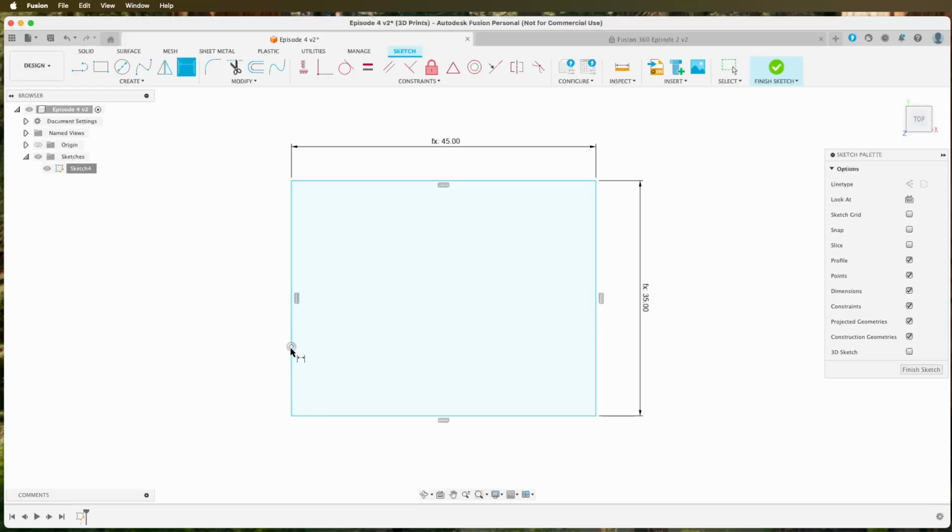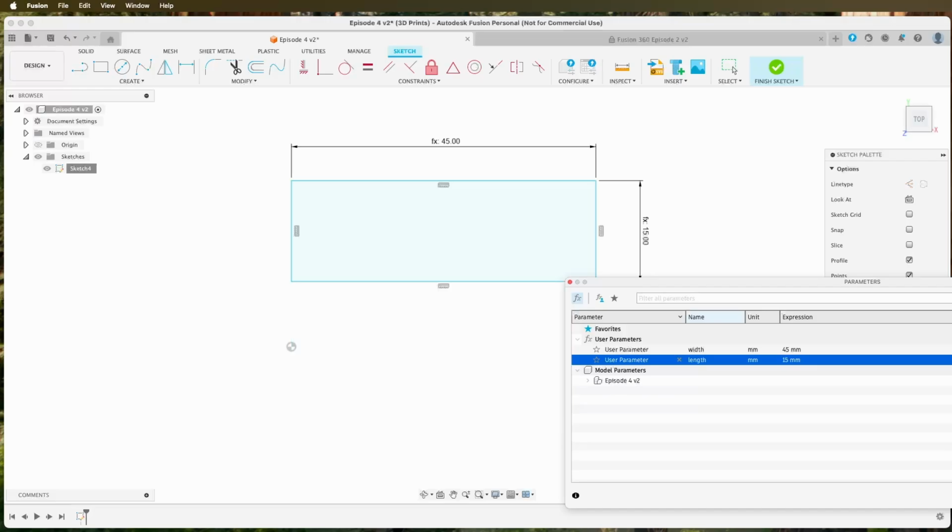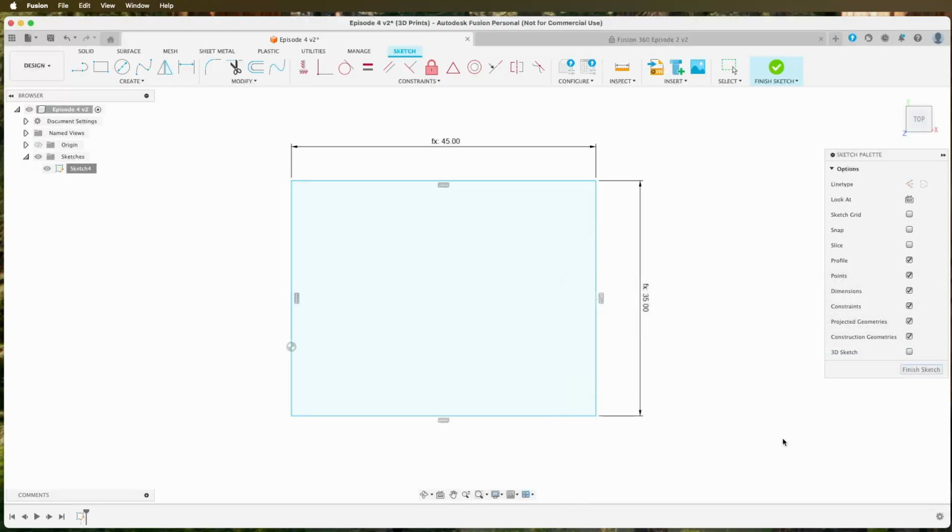So if you notice, when I click the 35, this line is gone below the origin point. So if I do say, if I go back to change there and I do 15, what's going to happen is this one is going up away from the origin point. So one way to fix that is